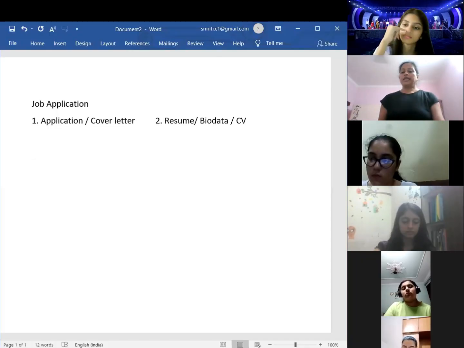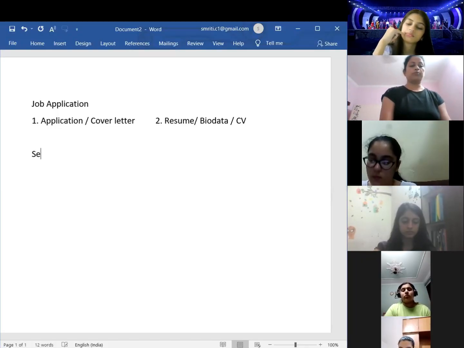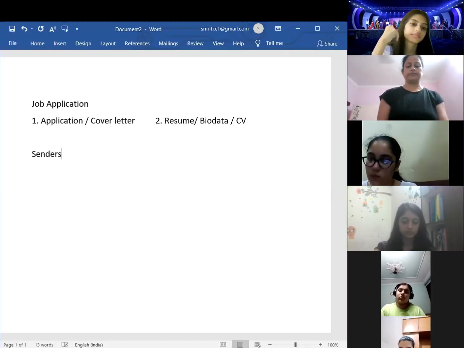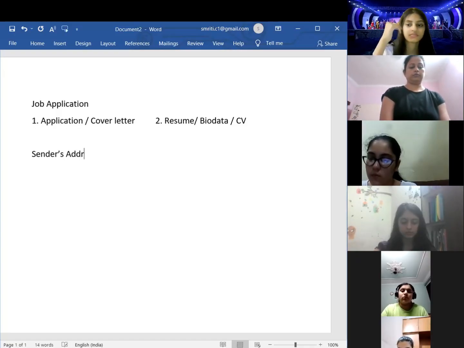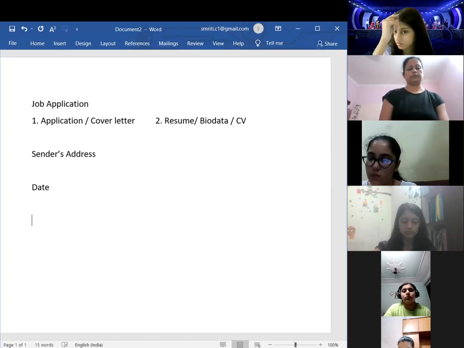And since it is a formal letter, so obviously the format is formal, beginning with sender's address, followed by date, then receiver's address,